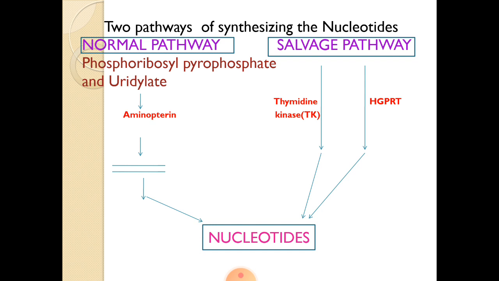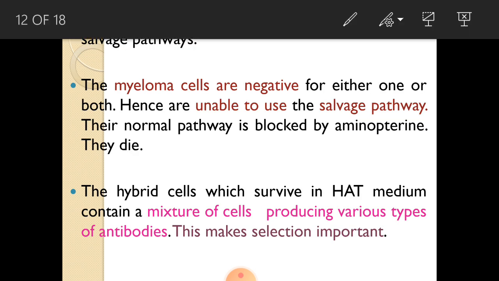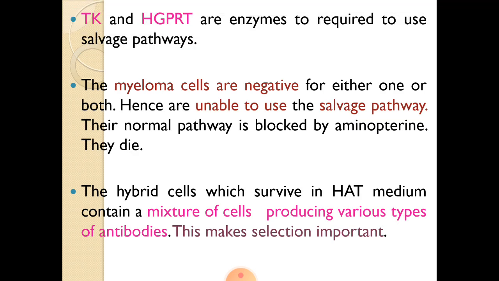In the salvage pathway, we require thymidine and HGPRT for the synthesis of nucleotides. So TK and HGPRT are enzymes required to use the salvage pathway. The myeloma cells are negative for either one or both, hence are unable to use the salvage pathway. Their normal pathway is blocked by aminopterin,